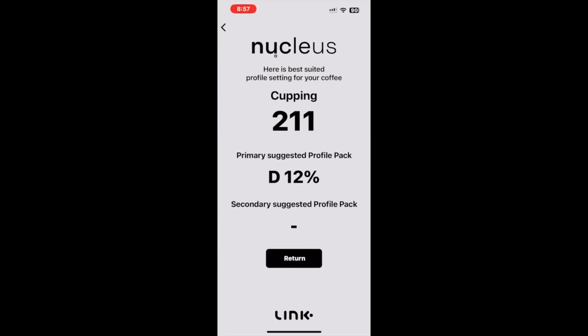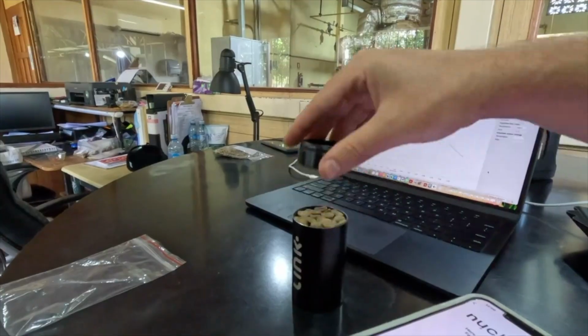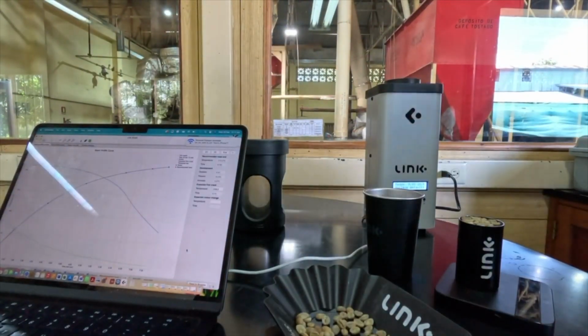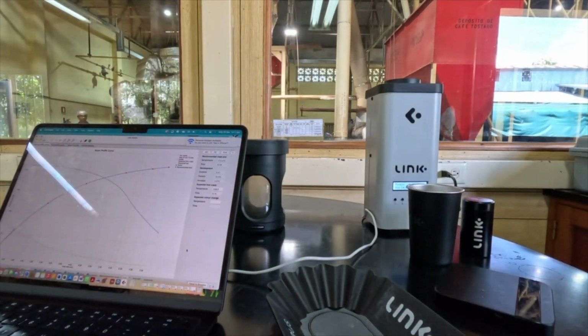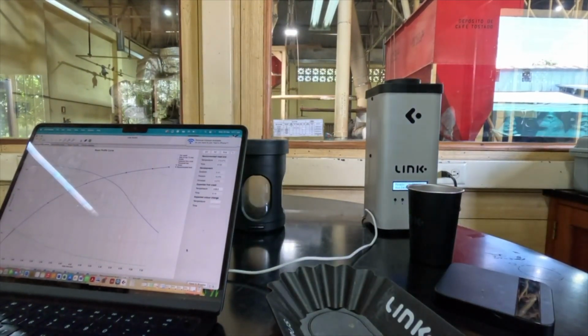Lastly, note that if there is a dash population in the secondary preferences, it was unanimously agreed upon that the primary suggestion is the best starting point. Remember, in all of this, a user has the freedom to use the Lync however they please. These starting points are merely suggestions. If you have established your own protocol for selecting a pack you roast your samples on, do not let these new suggestions deviate from how you have chosen a pack in the past.